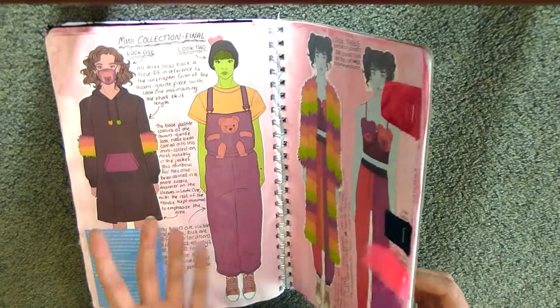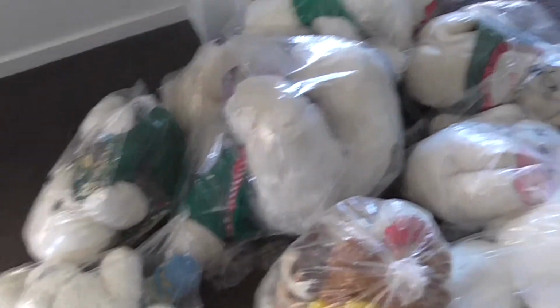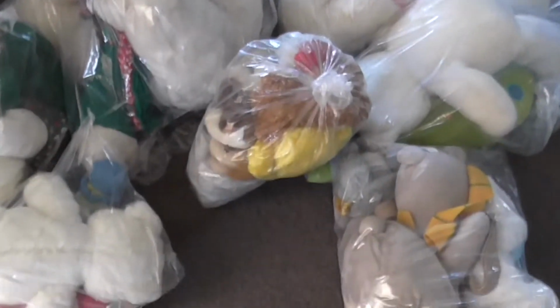to actually make it. The construction process on how the teddy bear dress was made is a little bit all over the place, mostly because I lost some of the footage, but I still have the best bits. So the bears were collected from a nearby eco store where they collect up secondhand or old toys and bag them up and resell them for about $3 to $5 each. And it really was just a case of pick and mix to find the bears that were the most suitable